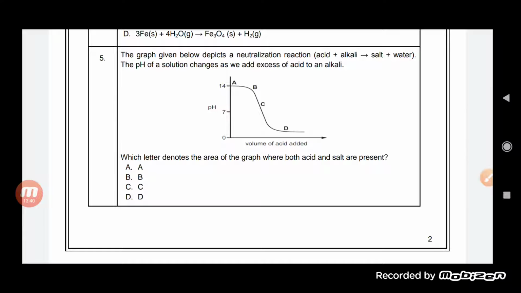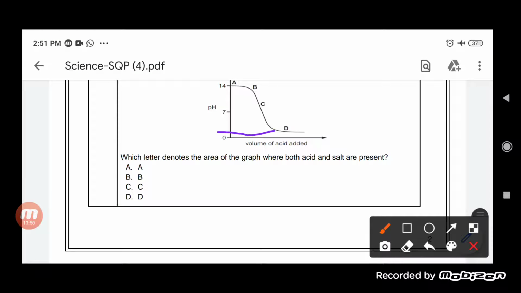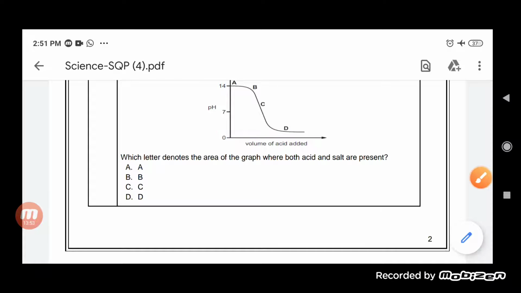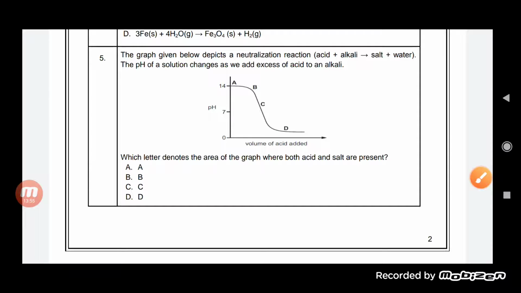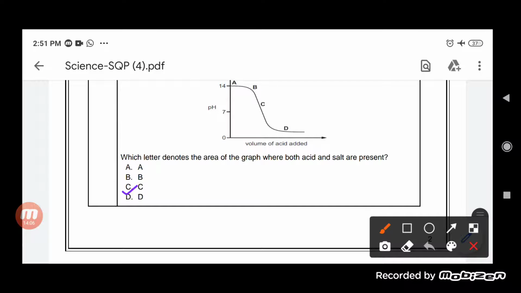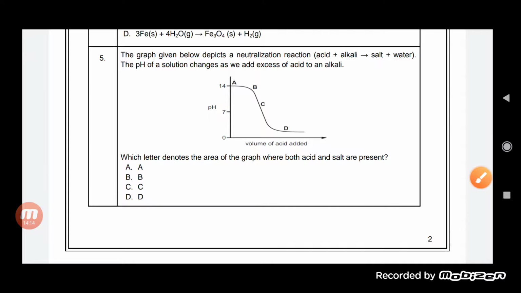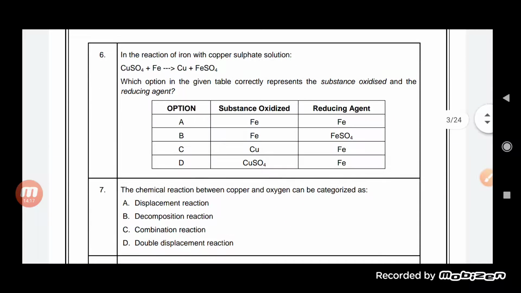But what is the question? Question is that we must denote the letter which consists of both acid and salt. So yes, this is the D portion only, which is less than 7. So the kind of salt which is formed here consists of an acid as well, a mixture is there, so it is an acidic salt solution. So an acidic salt solution will be formed at D. So the correct answer will be D only. Okay, D is supposed to be the correct one, where acid and salt both are present. Now let us see.